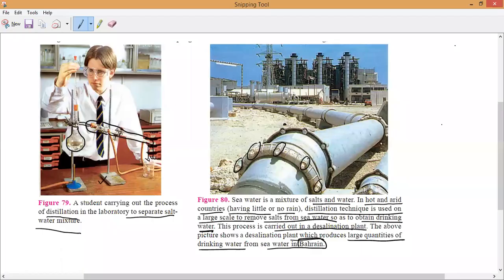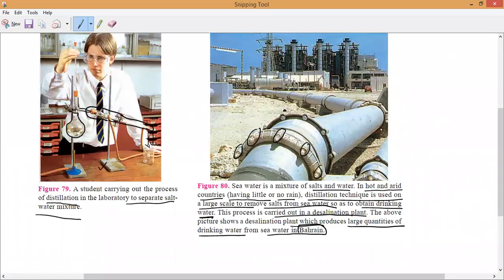So what countries are basically using this technique? Hot and arid countries, meaning no rainfall or little rainfall. So this is the distillation technique we'll use to obtain drinking water. This process is carried out in which place? A desalination plant. This is the picture of a desalination plant which produces a large amount of drinking water from seawater